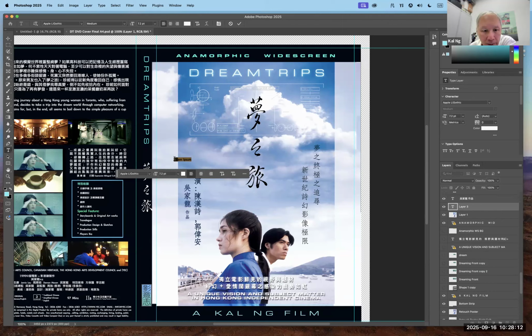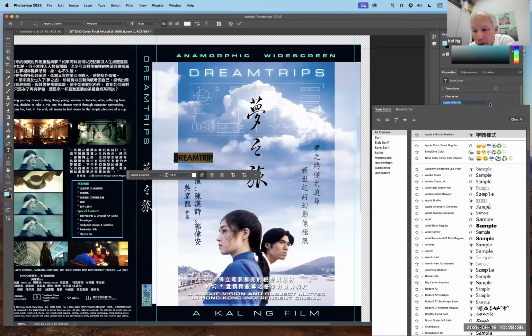It's layer 3. And I can start putting text on it. For example, dream trips, small dream trips, and I can make this text as large as I want. For example, 18 points,